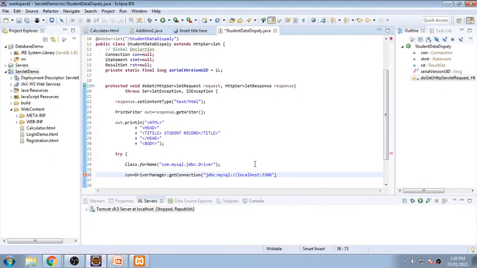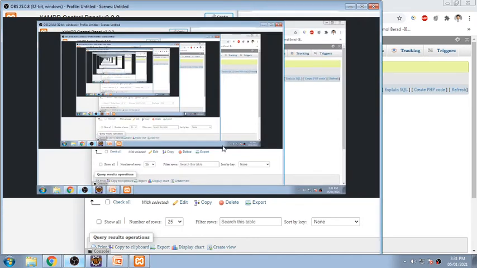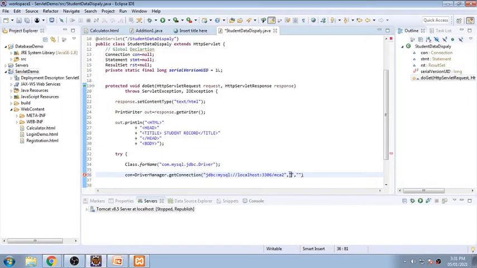So I will be writing here /MCA2, which is the name of the database, and I need to pass two parameters over here. What are these two parameters? Whichever database I am using, what is the username and password? I have made it open to everybody. So basically root is the username, and I never give a password, so I have not written anything into this one.